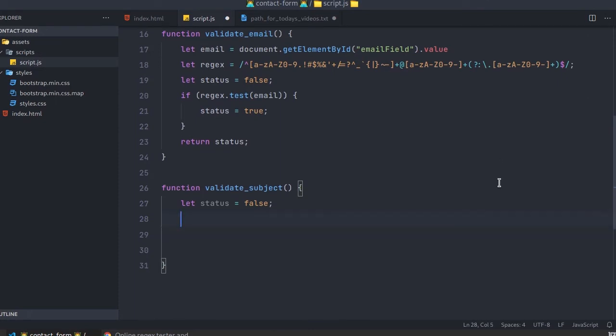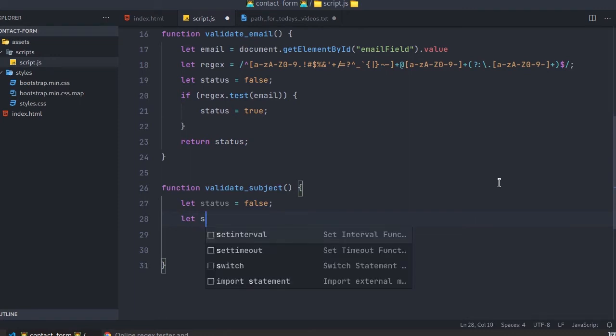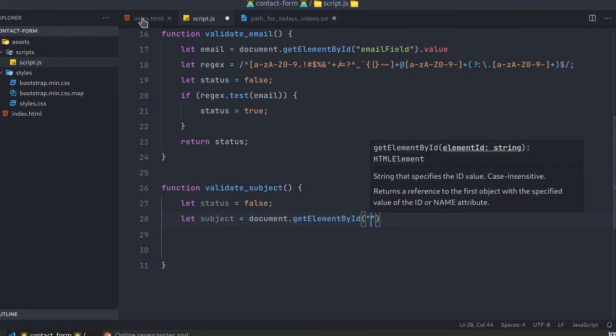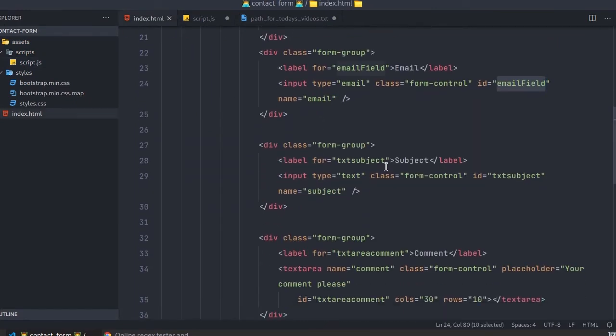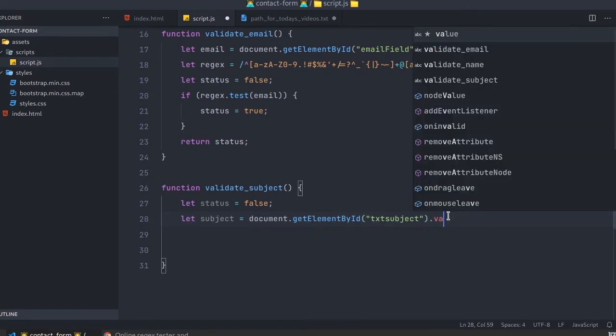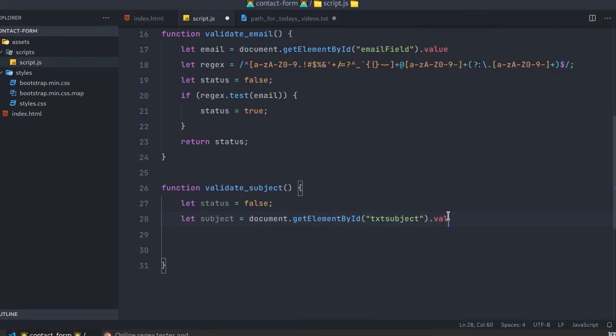So grab the field data. It is subject: document.getElementById. Once again open your HTML file, copy the id name and paste it here. You can even type it, but there shouldn't be any typo, because of that I am using copy and paste.